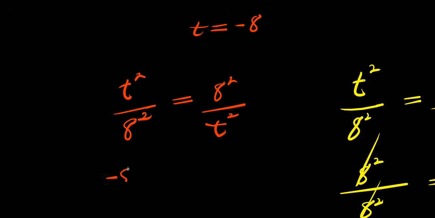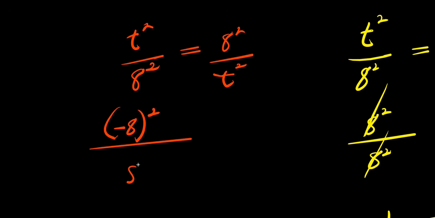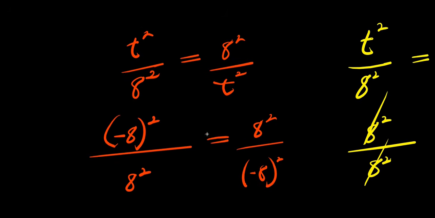We are going to have -8 raised to the power of 2, that is it, divided by 8 power 2 equals 8 power 2 divided by -8 power 2, because our T is -8, right? Okay, so